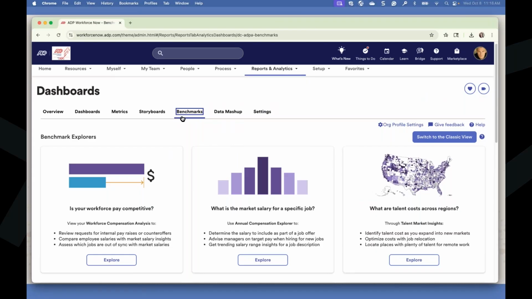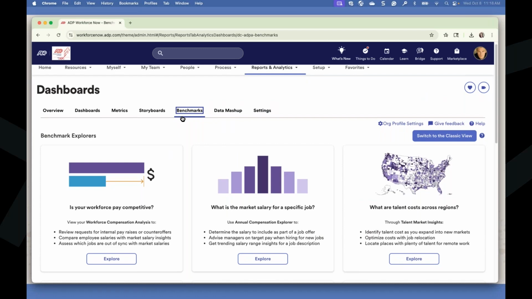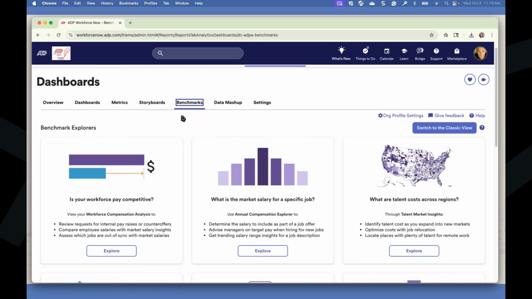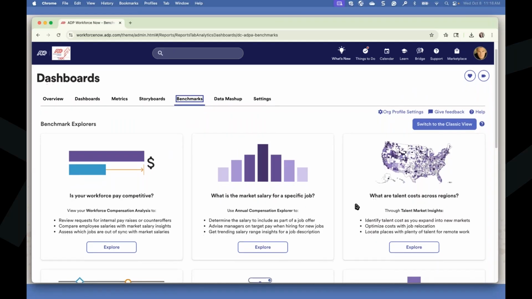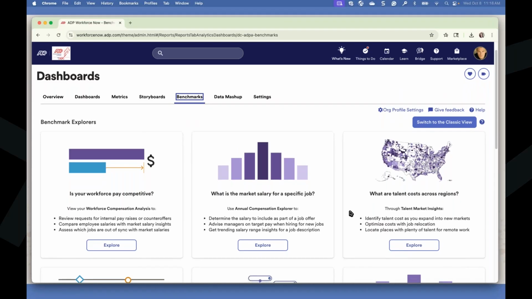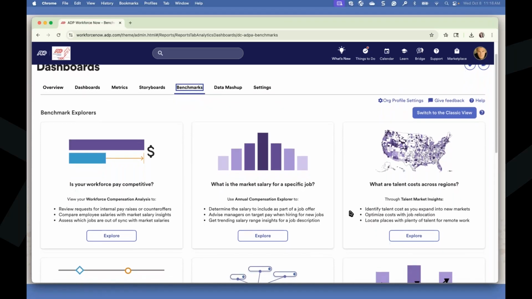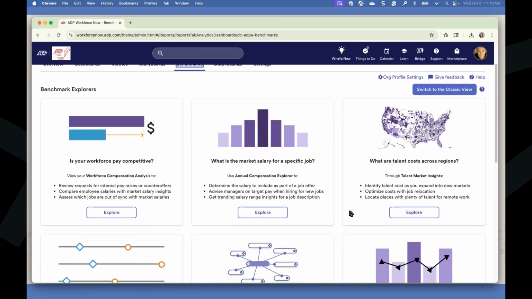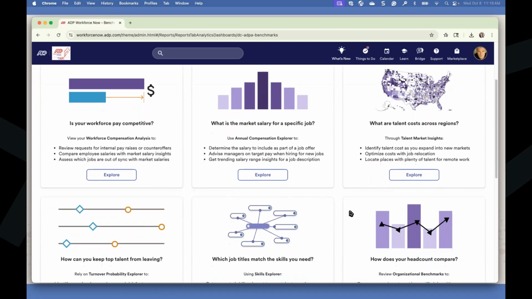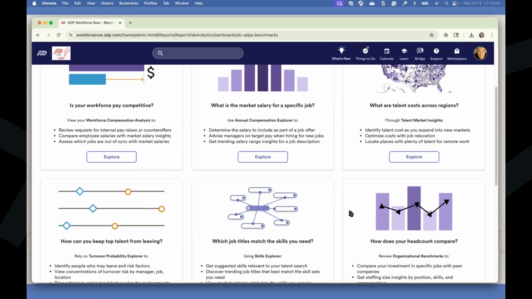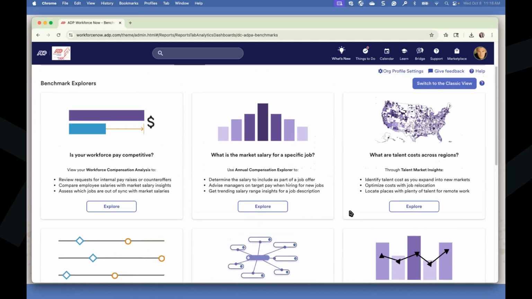Are you looking at workers' compensation or workforce compensation, or are you looking at talent market? Trying to understand where is best for you to go next. From a company standpoint, are you looking to expand north, south, east, west, or right down the street? So this is just some of the different benchmark explorers that are available, allowing you to see how your company is doing up against others of similar size and industry to give you that base level of, hey, this is how I should be doing, and giving you something to stack it up against.